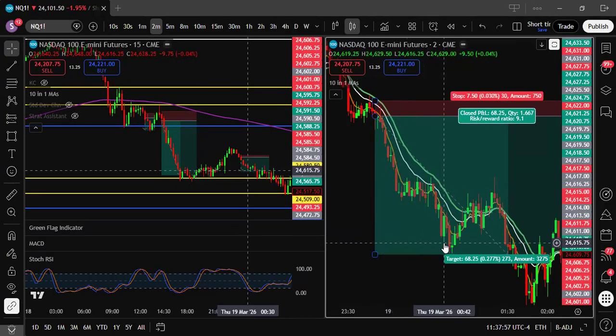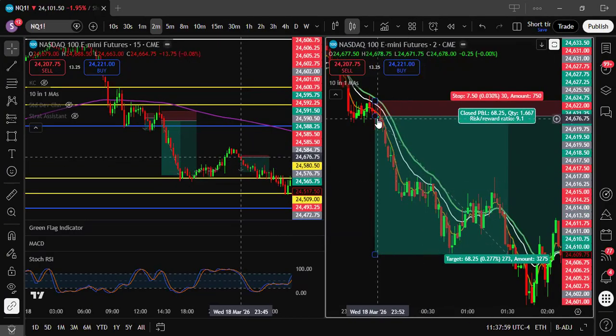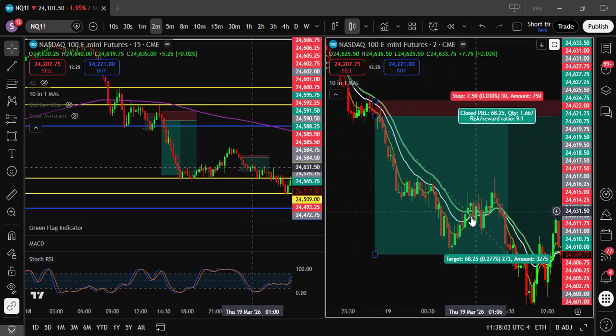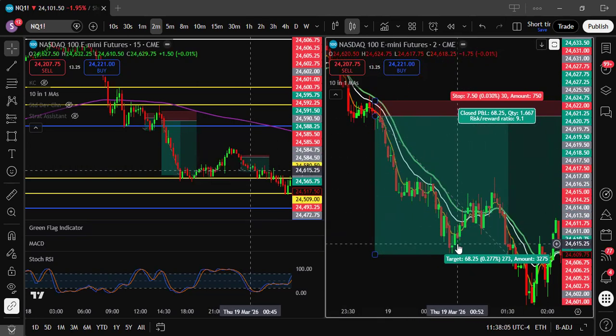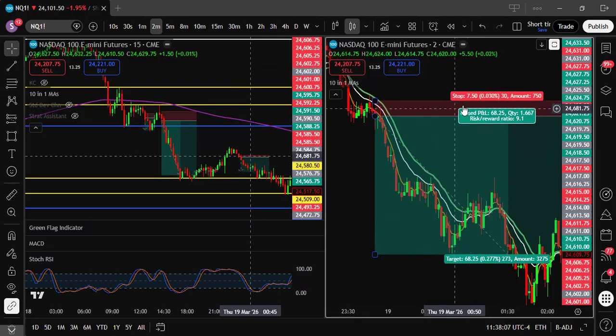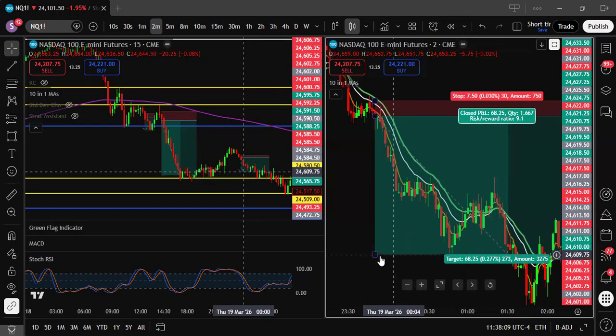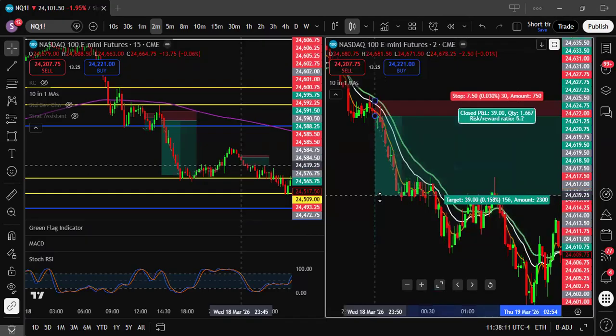I went 270 something ticks. This was the overnight. This is from 11 o'clock at night. And you could have got some nice ticks. You know everything is slower. But are you looking at the ratio? 9 to 1? Even if you took a 4 to 1 when it started consolidating and said, I don't like this,